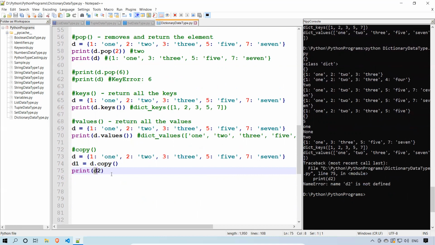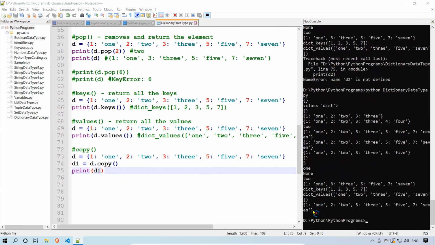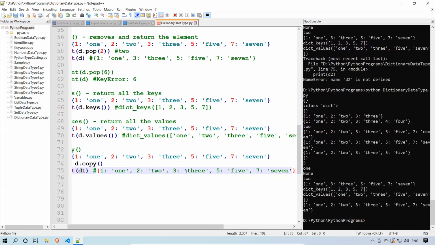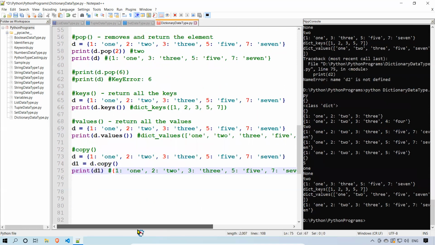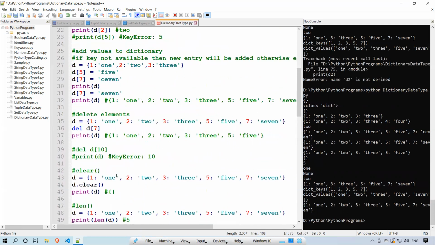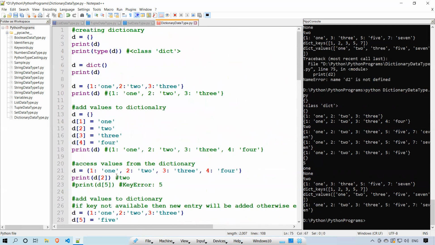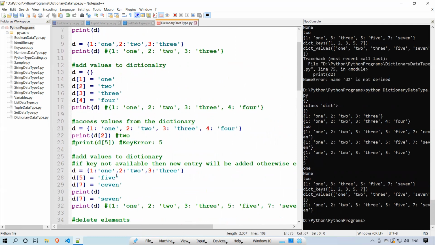You see the same output with entries 1, 2, 3, 5, 7. Right, same. So I copied from one dictionary to another dictionary. So this is all about dictionary: how you can create a dictionary, what methods are available in the dictionary, and how you can access and add everything.